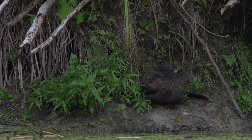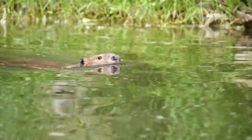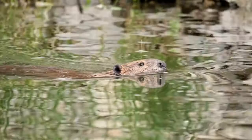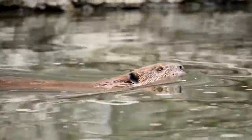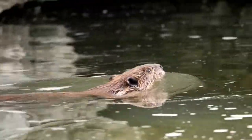Beaver dried pelt sizes are as follows. 3X and 2X are over 65 inches or over 165.1 centimeters. 1X is 60 to 65 inches or 152.4 to 165.1 centimeters. Large is 55 to 60 inches or